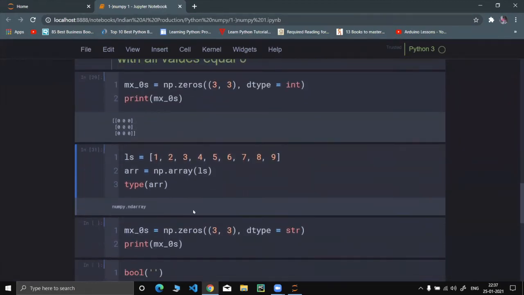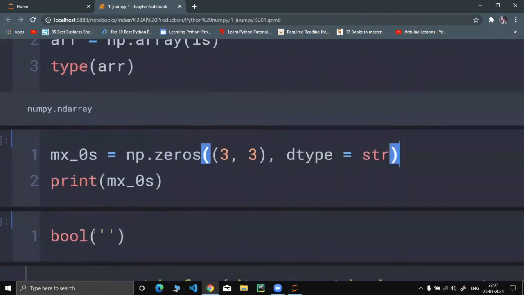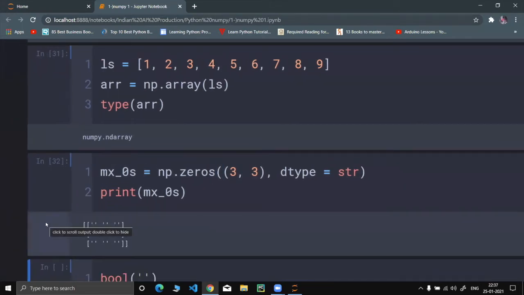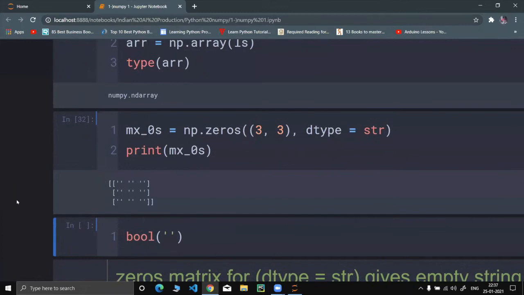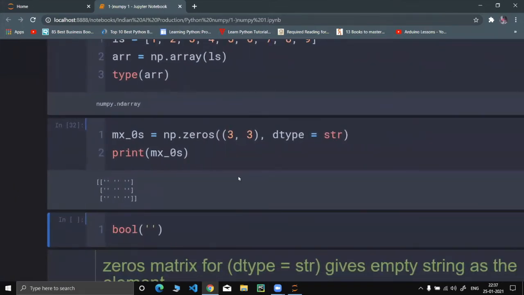Now see, in here the data type of the elements was integer. Let's see what will happen if we put dtype as string. Why do you think this might be happening? Any guess?